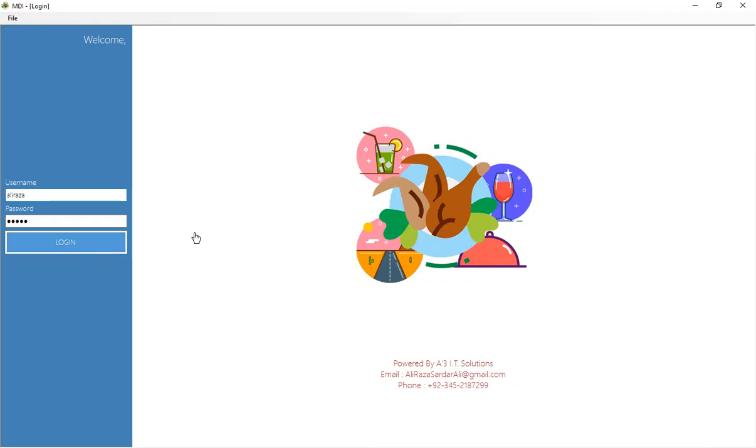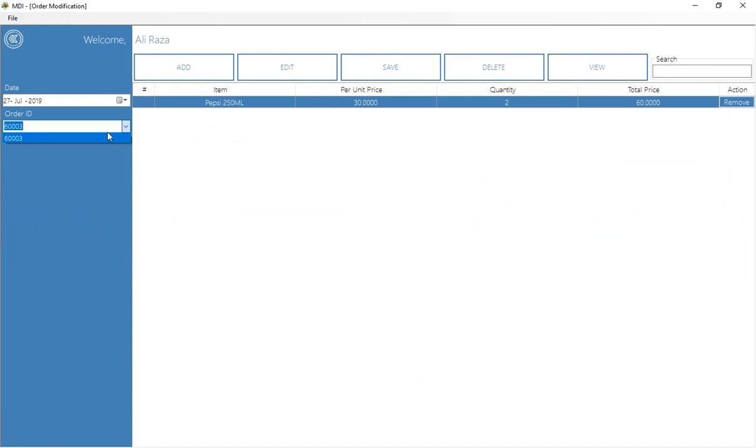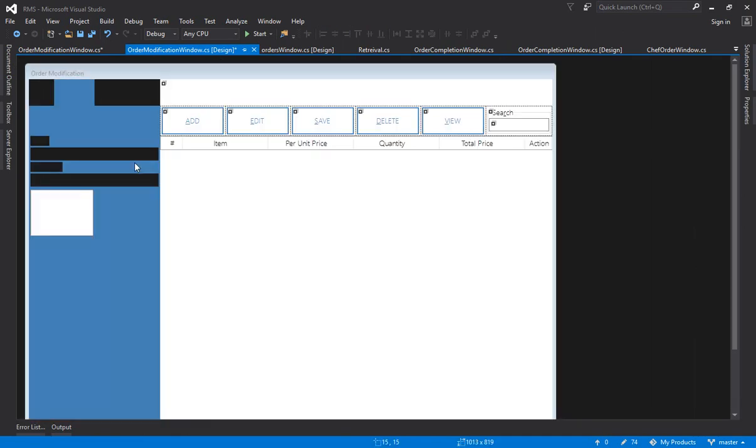Okay, login, order modification, and when I click here, you can see the data is loaded with respect to the first order, but it is still not as appropriate as it should be. So focus center is not a perfect one. Let us see some other event